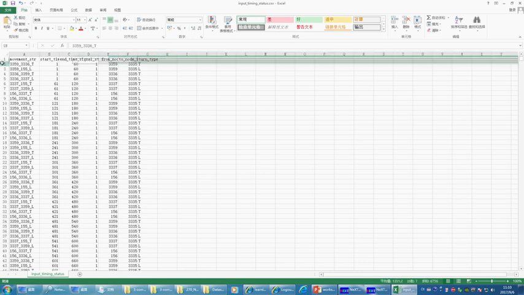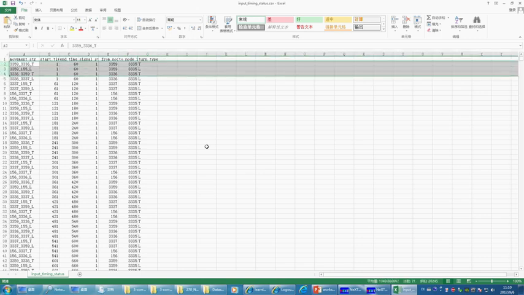So essentially, in this input timing status file, we still literally check for each link,